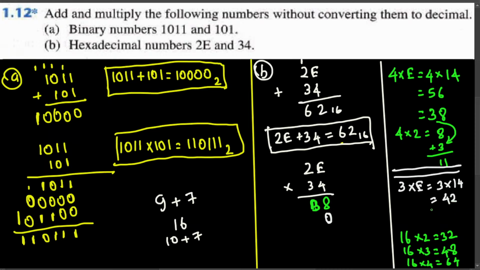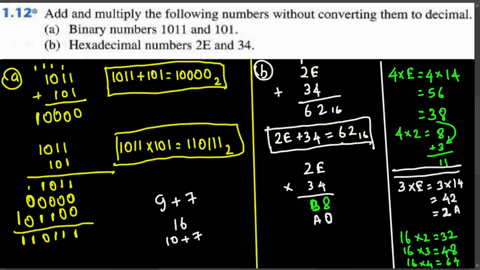And now I have to look at which multiplication of 16 gives me a number close to 42 and lower than 42. So here 32 is the one close to 42 and lower than 42. So here which number multiplied gives me 32? That's 2. We have to just look at 2 right here. Put the 2 right here. And how much is left? If I take care of 32 to become 42, we have 10 left. We have to add 32 plus 10, that is 42. So we have 10 left. 10 is a in hexadecimal, so I put the a right here. So that is 2a. I put the a, and the 2 is a carry,